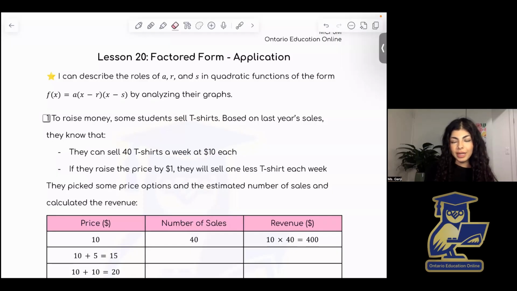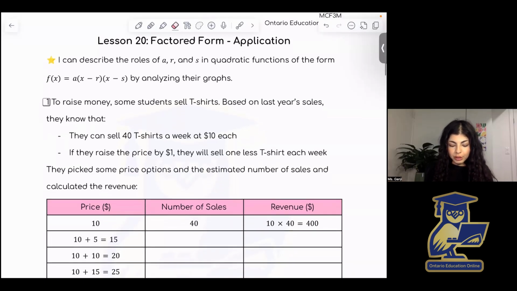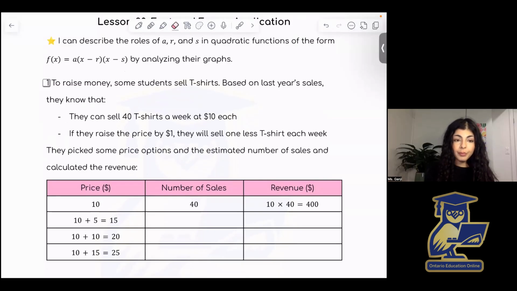Welcome to lesson 20, where today we are looking at applications of the factored form. So again, this is also review, but today we are now seeing some examples that look different from the ones we've seen before. So looking at this first example, we are told that some students are selling t-shirts to raise